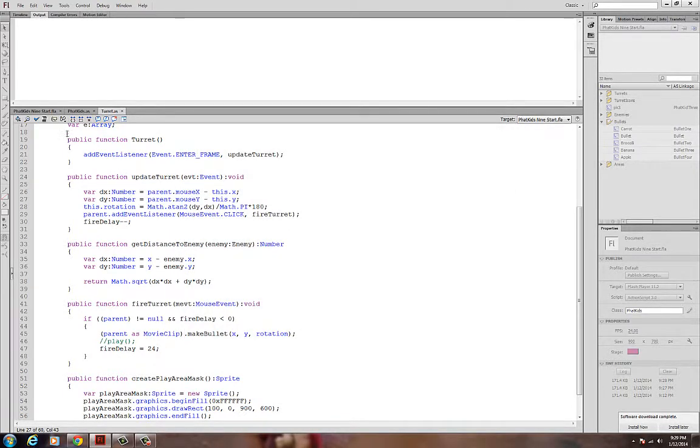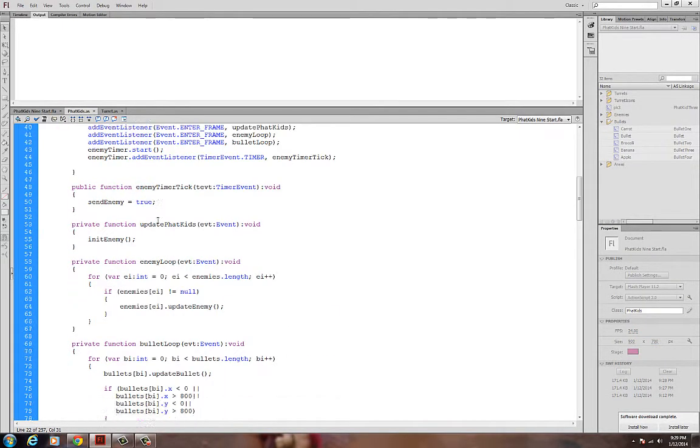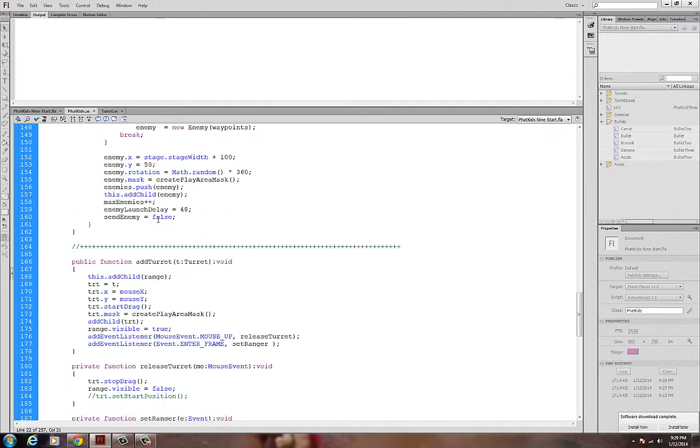Something I forgot to mention on the last video is how these enemies are actually coming out randomly like this. So I wanted to go back and just kind of point out that code. That's coming on down here,